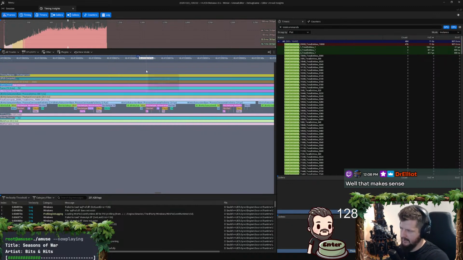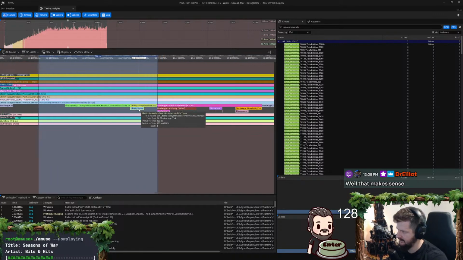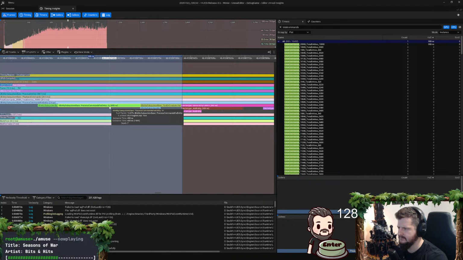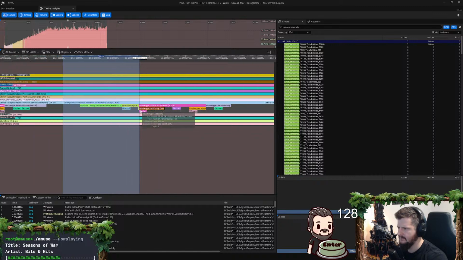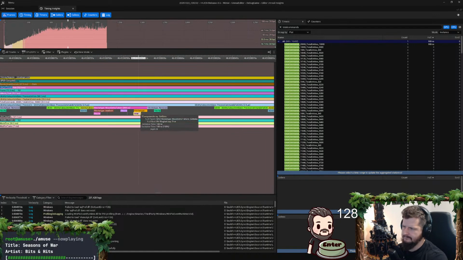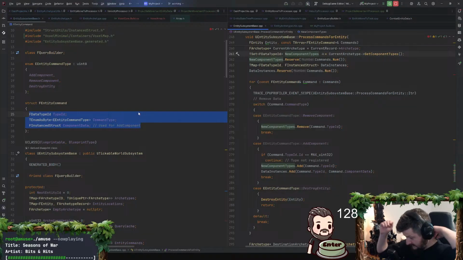And I know a way I could probably cut that into a third, or cut a third out of that. If I aggregate them by source and destination archetype as well, I wouldn't need to rehash all of the IDs, and I wouldn't need to find this part right here. I could get rid of that, I think, largely. But